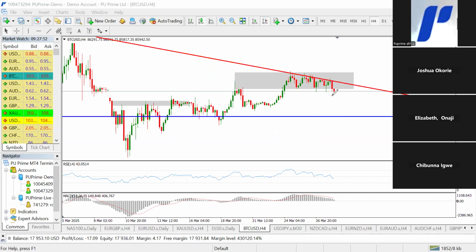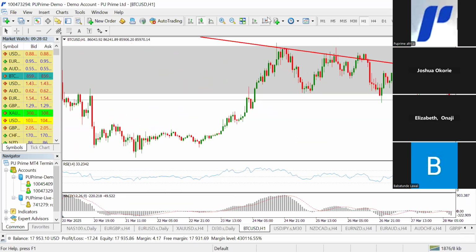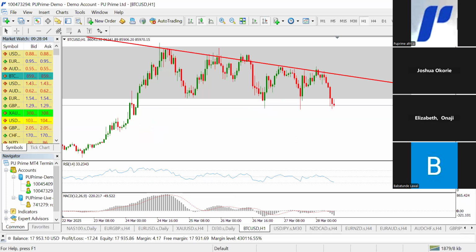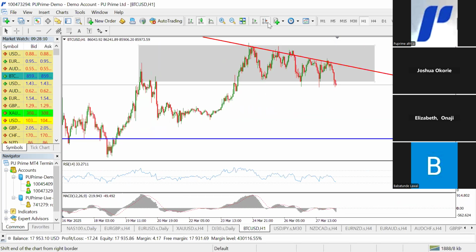So it's a 4-hour candle. Maybe you wait because this looks more like a swing setup. Maybe you want to wait for the next 4 hour, or you want to trigger on the 1 hour. Well, that's a choice. It's an independent choice. For me, I would rather wait since the whole setup is looking more 4 hour like. But all the same, we are bearish on the BTC USD.